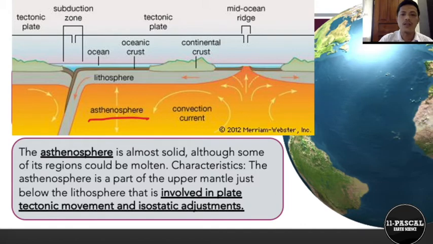A characteristic of the asthenosphere is that it is a part of the upper mantle just below the lithosphere that is involved in plate tectonic movement and isostatic adjustments. So what do we mean by isostatic adjustment? Isostasy, or isostatic adjustment or movement, for example, picture this out,